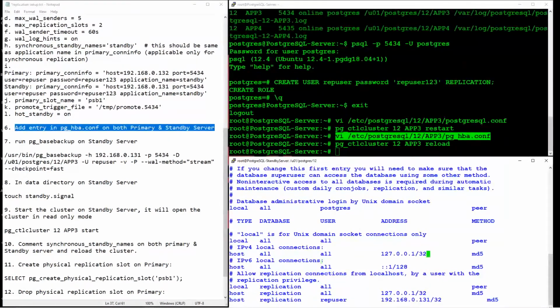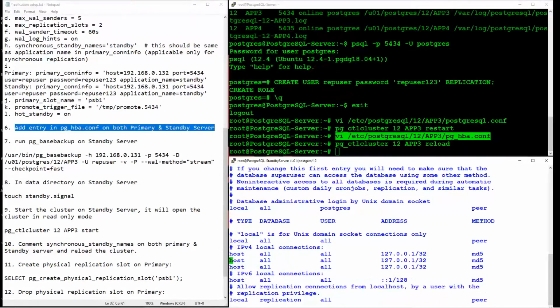Let me also configure for my Windows server where I have installed pgAdmin. For my demo purpose I will connect to these clusters from the pgAdmin tool. So this is one.